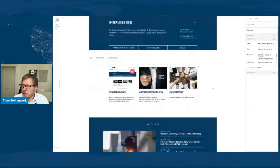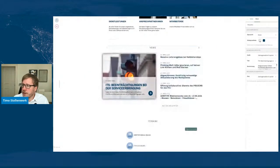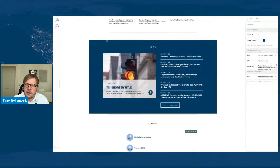And then we have the news block here. As said, the news block is basically a combination of a teaser and a listing. So you can change the background color here if you want to, depending on where you're using it. You can choose the source of the teaser on the left side. You can override the title here as well. So this block gives you lots of flexibility, or the same flexibility that we have on the other blocks, like